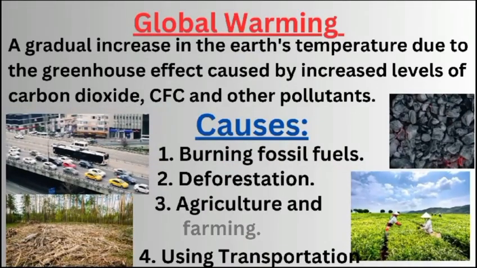Global warming. A gradual increase in the Earth's temperature due to the greenhouse effect caused by increased levels of carbon dioxide, CFC or chlorofluorocarbon, and other pollutants. Causes of global warming. The main causes of global warming are burning fossil fuels, deforestation, agriculture, farming, and the use